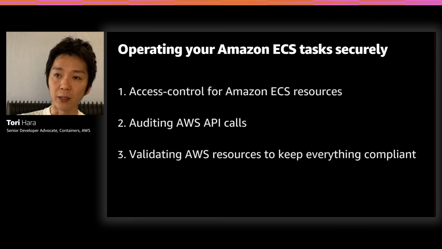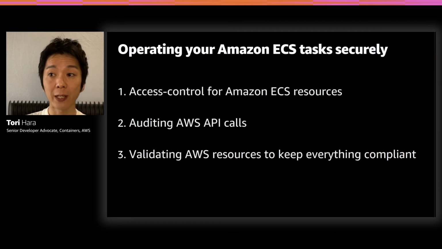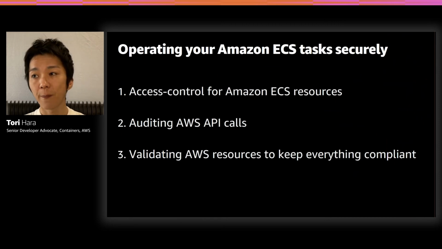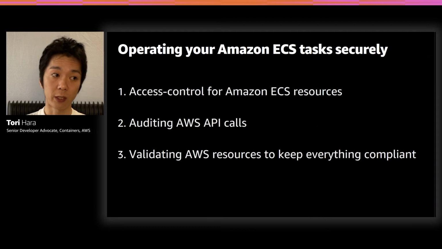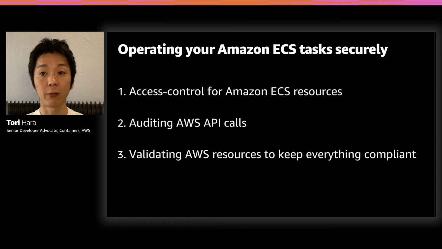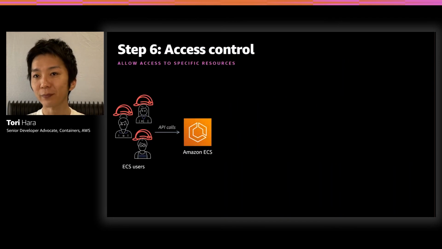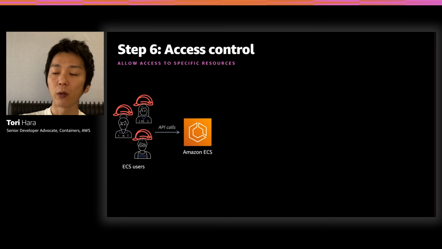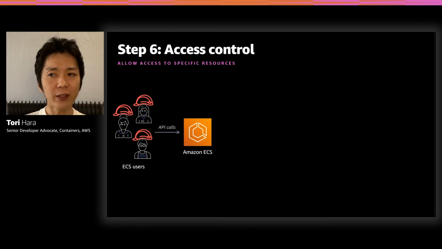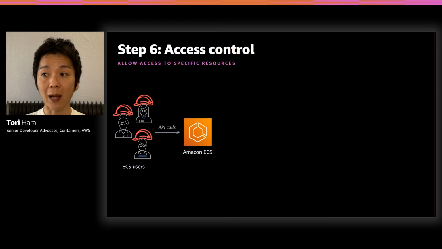From that perspective, we're going to look over these three topics today: access control, auditing, and validating AWS resources. Just to make sure, we are focusing on ECS today, but all the following topics are actually valid and useful for other AWS resources as well. Okay then, let's go. So as I mentioned before, you need and want to make sure that whoever accesses ECS